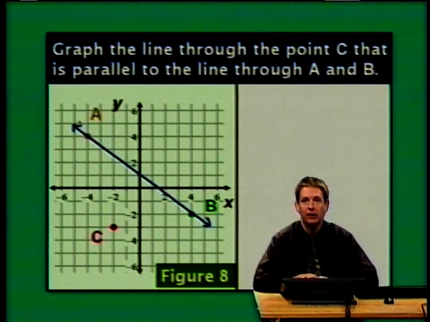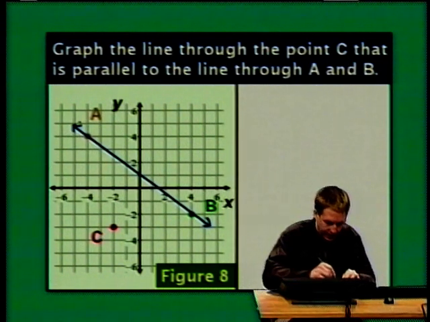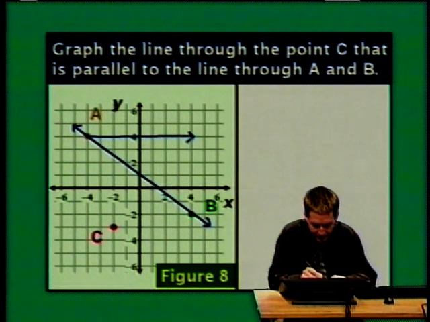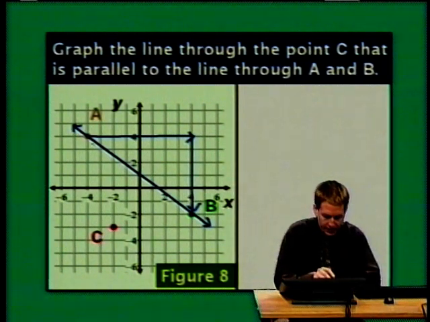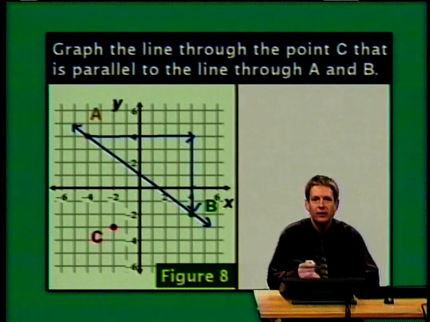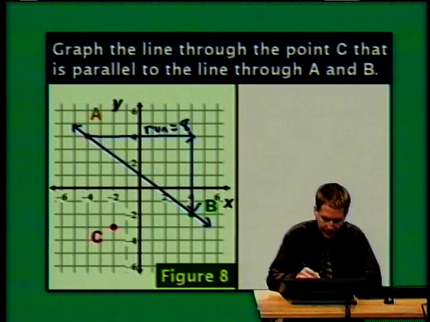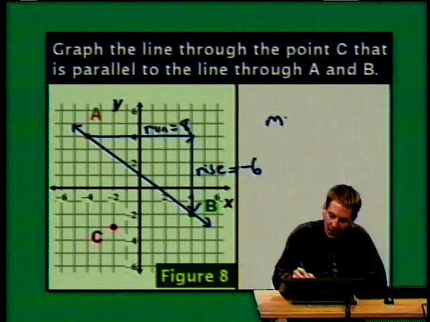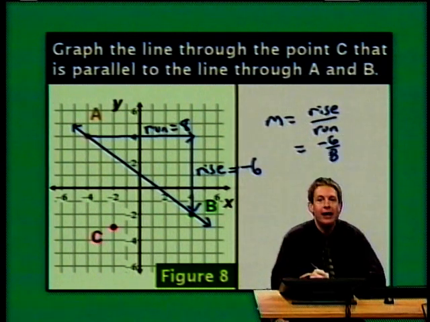They have equal slope. So I guess the first order of business is calculating the slope of the line through A and B. I think I'm going to go ahead and draw a slope triangle from A to B. So there's my run. And there's my rise. On my run, x increased from -4 to +4, so that's a run of 8. On my rise, y decreased from 4 to -2. So that's a rise of -6. So our slope, which is rise over run, is -6 over 8, which reduces to